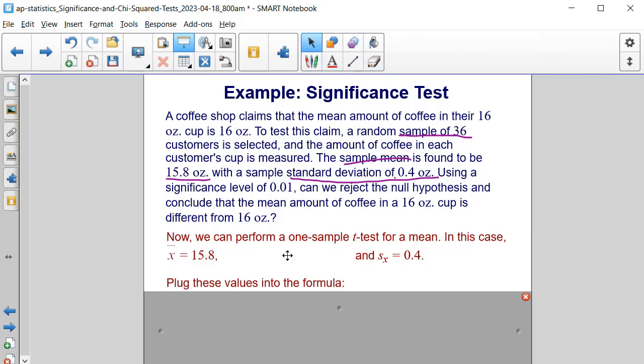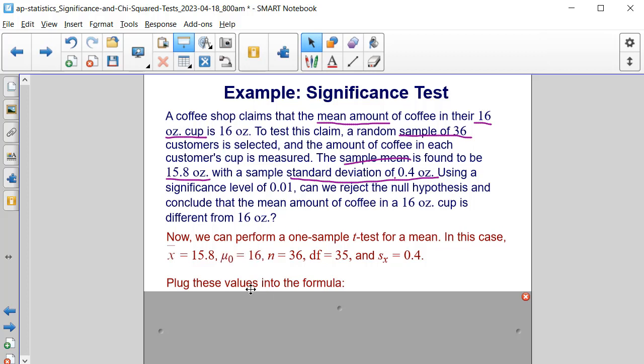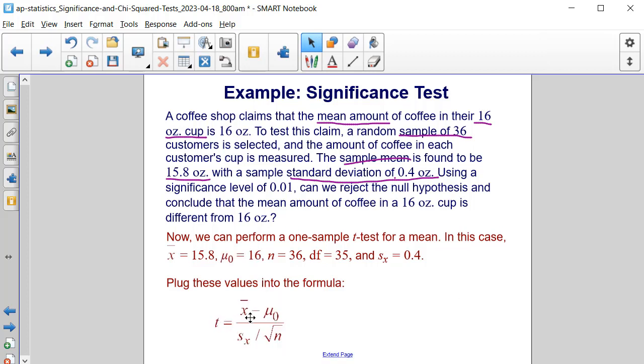And then the degrees of freedom is one less than that, which is 35. The final piece that we need is the mean from our null hypothesis. And the mean in our null hypothesis is 16 ounces, or 16. And then we can plug these values into the formula, that t is equal to